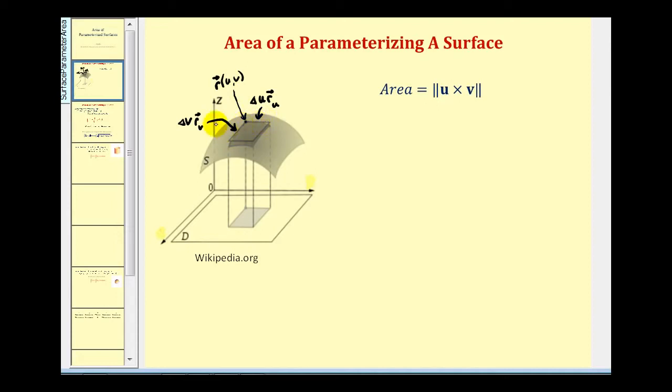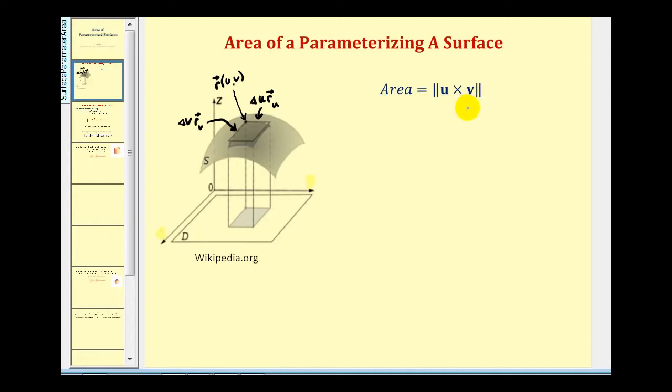So this vector here would be delta v times the partial derivative of r with respect to v, and this vector here would be delta u times the partial derivative of r with respect to u. So we have the change in v times the change in r with respect to v for this vector here, and here we have the change in u times the change in r with respect to u for this vector here. And now to determine the area of this tangent plane, we can determine the magnitude of the cross product